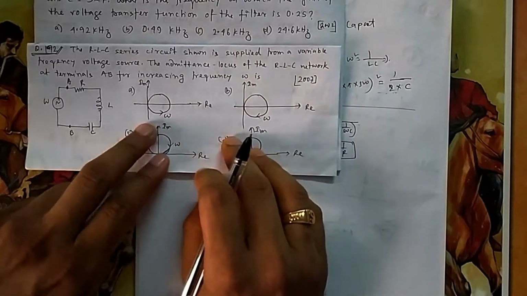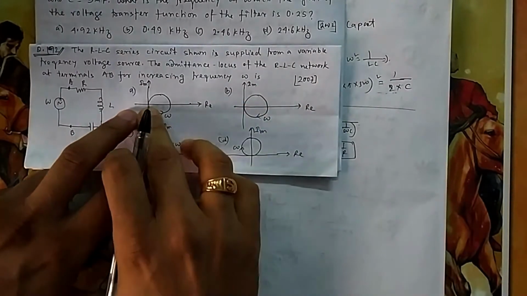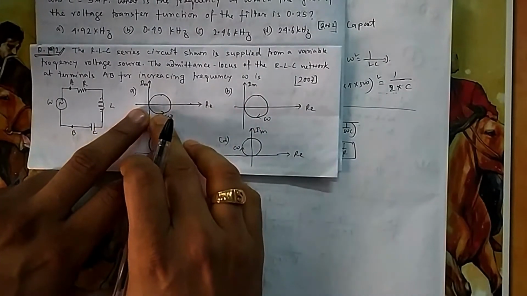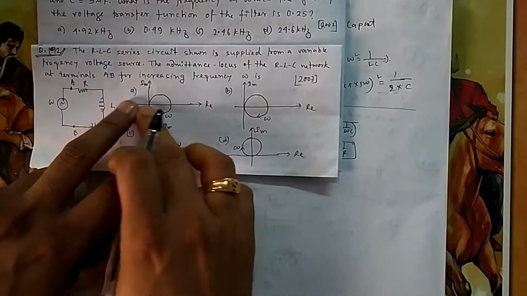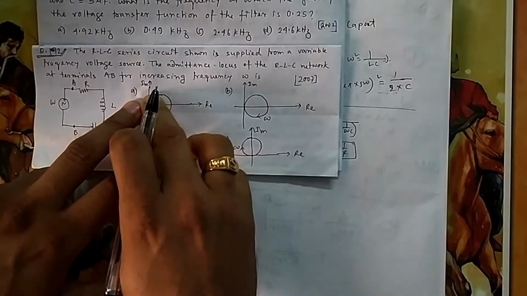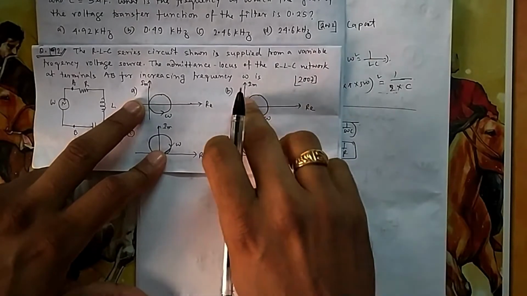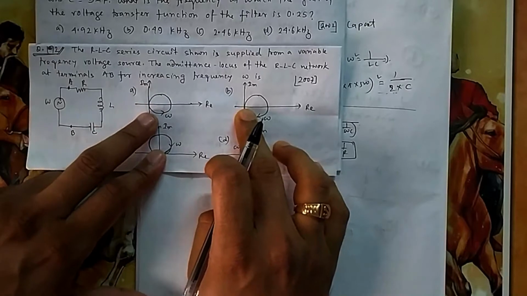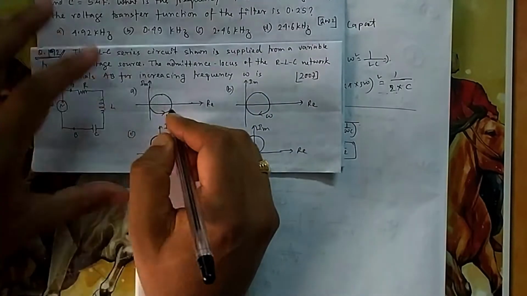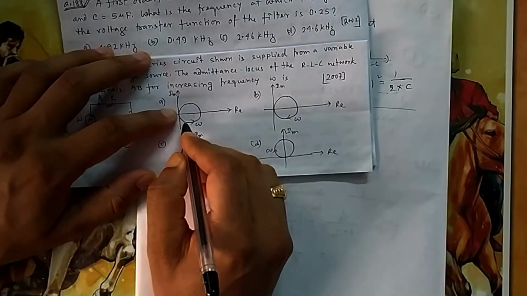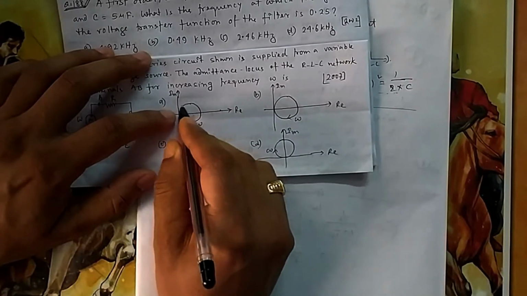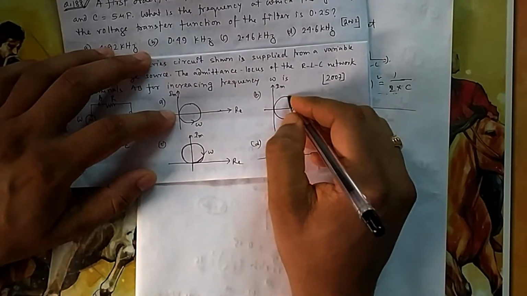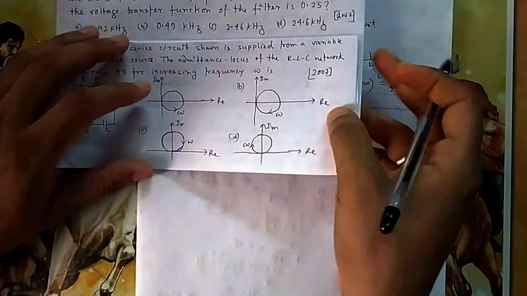Okay. Now you see the angle. Now here it is moving in this way. Means as you increase omega, suppose omega 0 is here. If you increase omega to infinity, it will reach again here. Here they are saying it is starting from here. From omega 0 it will start here, then at infinity it will come here. Are you getting it? From omega 0 it will start here, and if you increase omega, it will move in this direction. Here they are saying if you increase omega, it will move in this direction. So let us see how it is going.